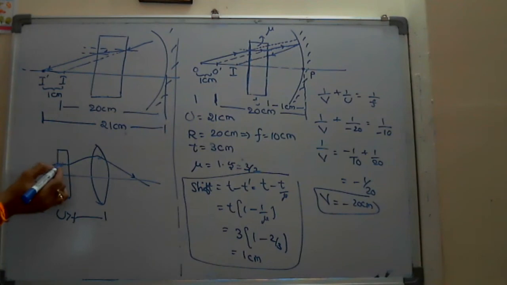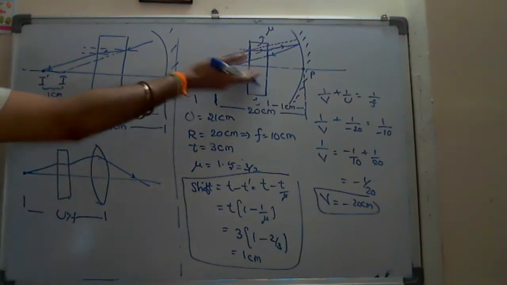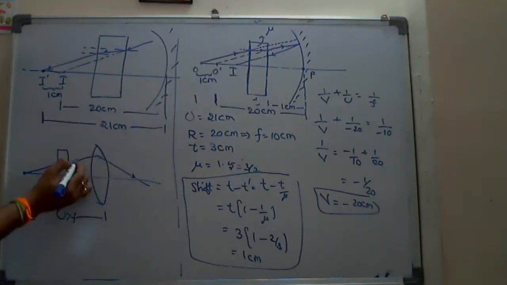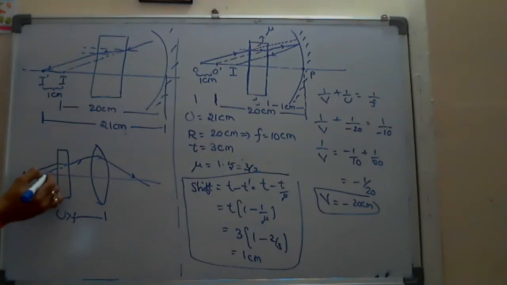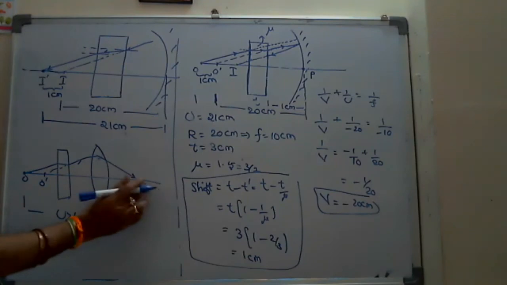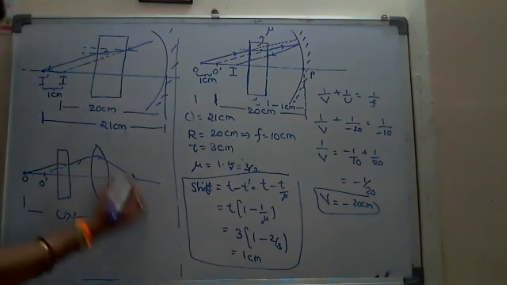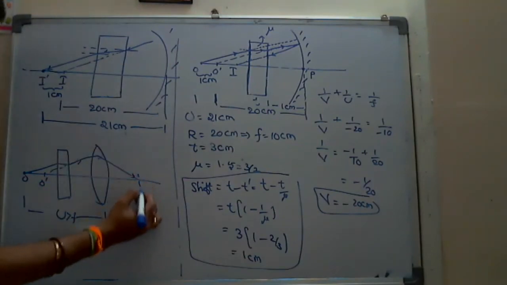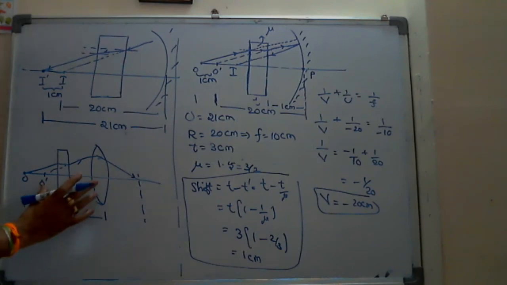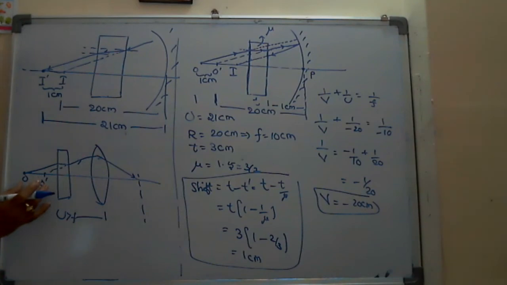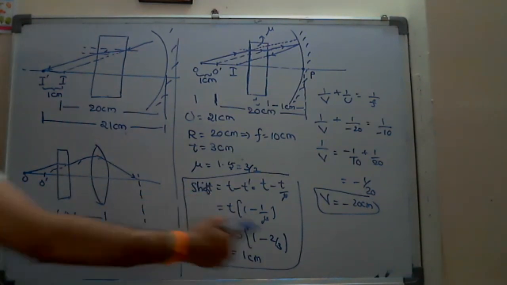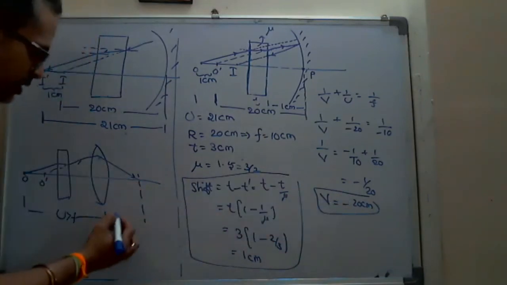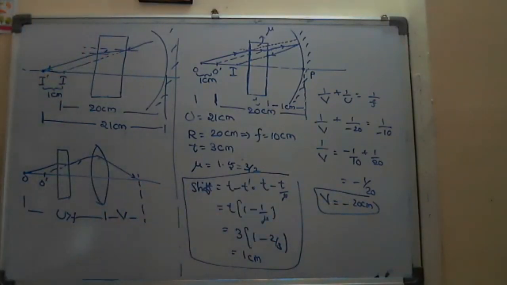Okay, so here in this model, same type. If they ask for a convex lens, what I'm saying is you can take only one shift from O to O dash. Here there is no glass slab, and directly you can say whatever you are getting by taking O dash to P as the object distance. Then by subtracting the shift t into (1 minus 1 by mu), whatever answer you get like this will be the final answer.